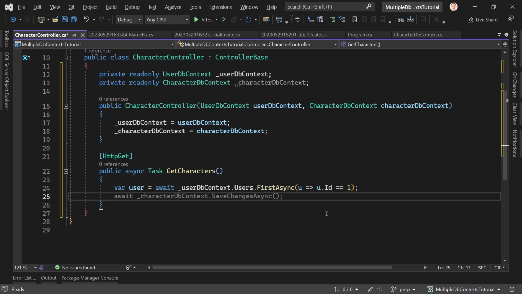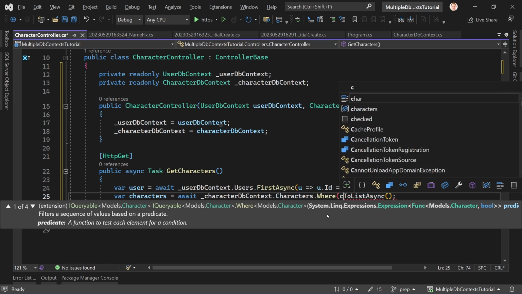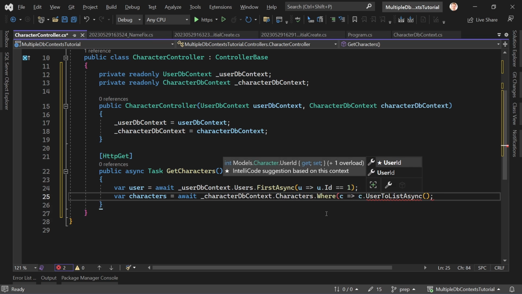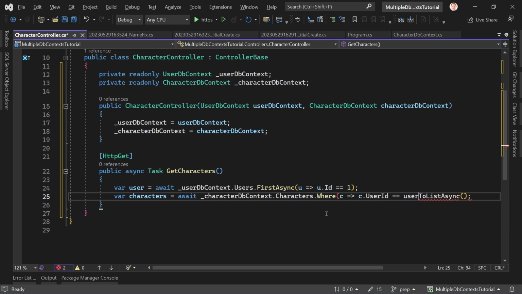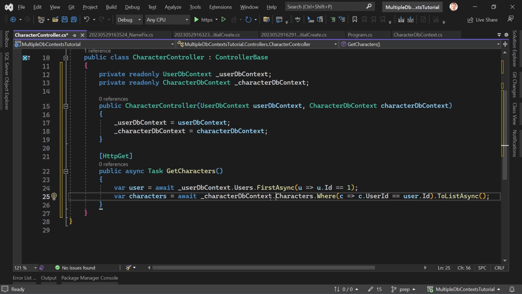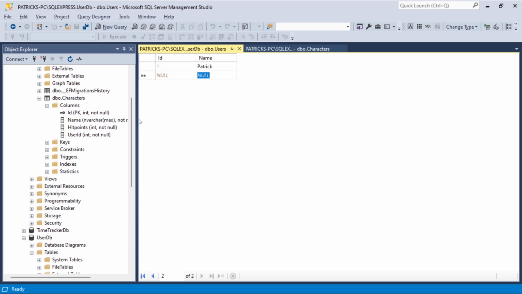And then additionally, let's get the characters, and well, characters await, not all characters, but where then the character user ID equals user ID, right? Something like that. So now to see really a difference, let's say we've got another character here, another user, and